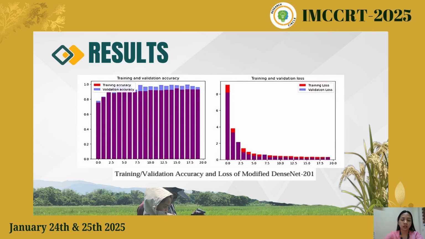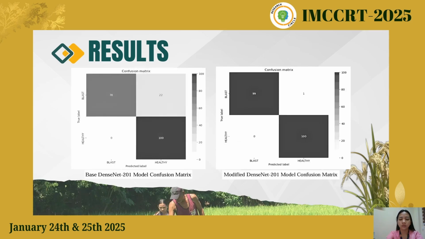In this figure, it illustrates the learning process of the modified DenseNet-201 architecture. It highlights that the validation accuracy exceeds the training accuracy, while the validation loss remains consistently lower than the training loss. The graph shows that the model experiences only minor fluctuations in its loss, which indicates that the performance is relatively stable throughout the training. So this indicates that the model performs better on validation data than on training data during the learning process. Next, we have the